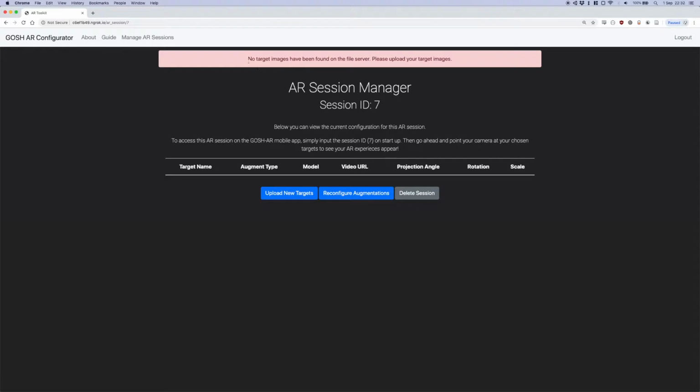As soon as we create a new session, we are taken to the session manager. As you can see, there's nothing here, and we get this alert at the top telling us that there are no image targets for this session found on the server. To fix this, we're going to need to upload some targets, which we can do by clicking on the Upload